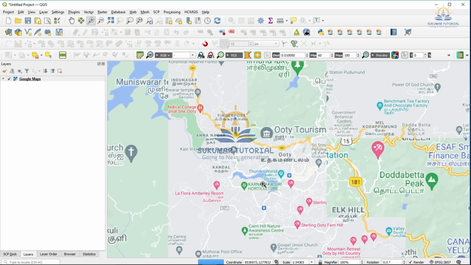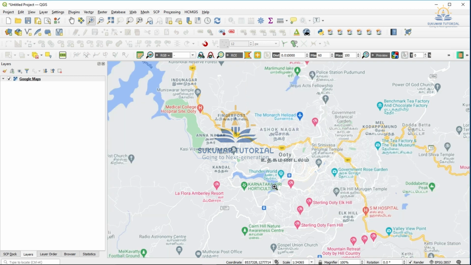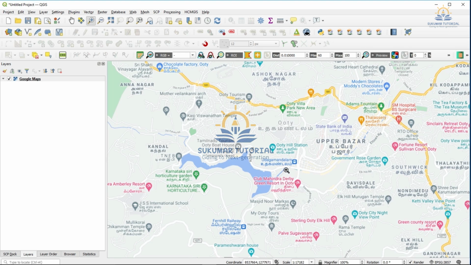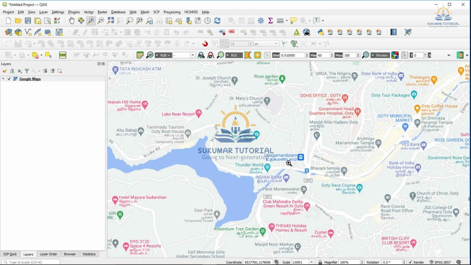National highway is going and the state highway, and then see the lake area is there. Again, further you can zoom, enlarge it. You can see the road network and so many other point features also there. You can digitize it. Area features also you can digitize. Ooty Racecourse is there. The Ooty Racecourse is not very clear in this particular map, so you can use another map.